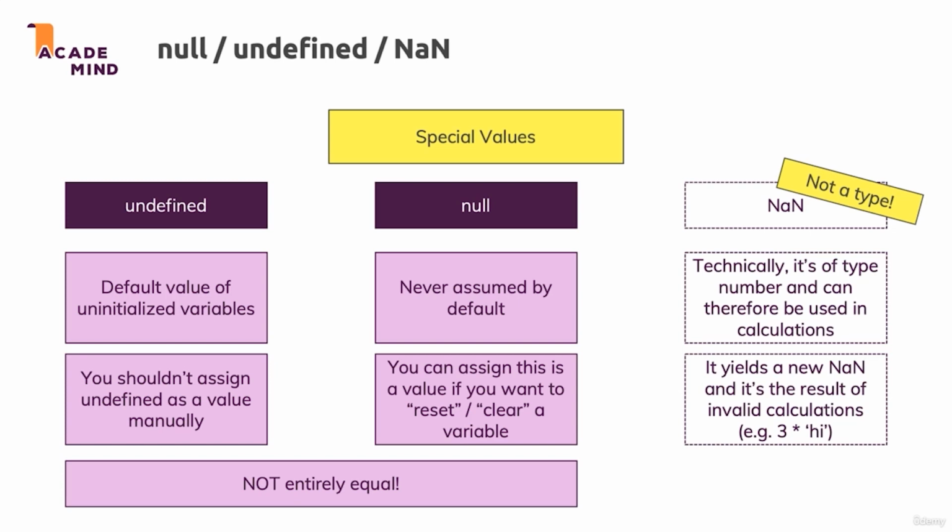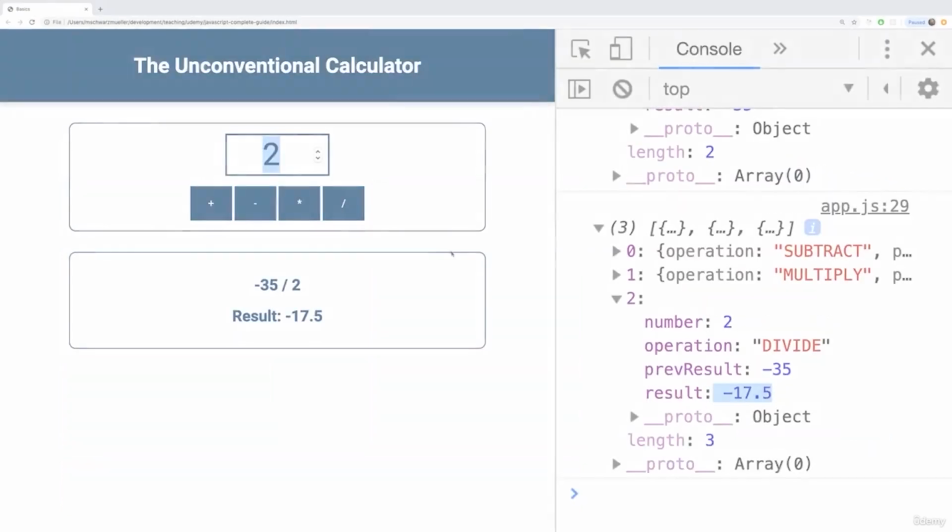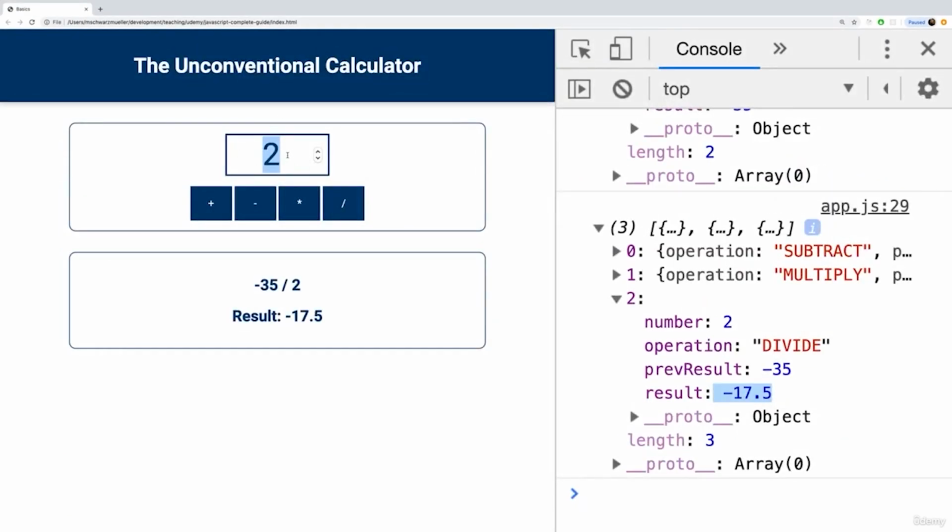Keep in mind that JavaScript allows you to write highly dynamic code. So, like in the case of our calculator here, you could have a calculator where users can enter any value, where they are maybe not forced to enter a number, and where therefore you could run a calculation with some user input, which is not a number, and then you could get such a not a number result. Again, this is most useful if you also have the ability of comparing it or checking it with some if statement to run some code if you get such an invalid result, but it is worth being aware of